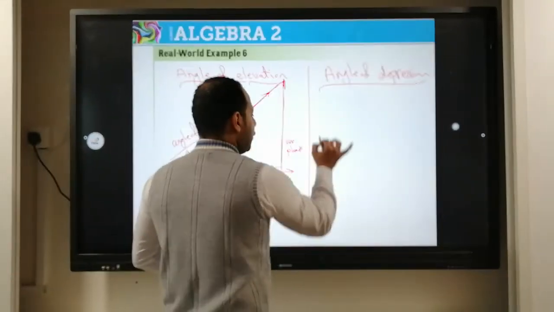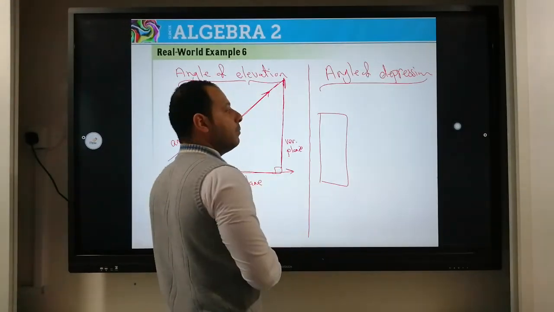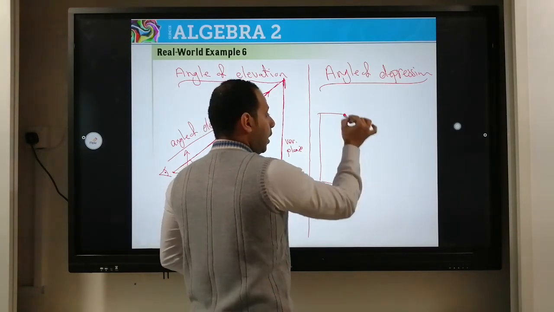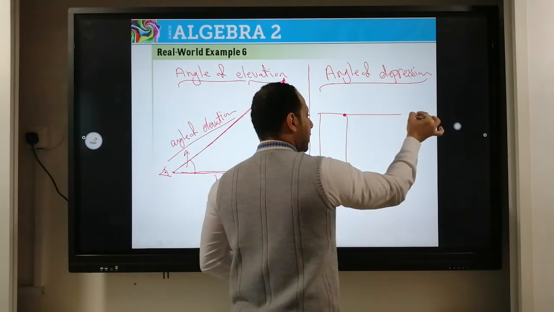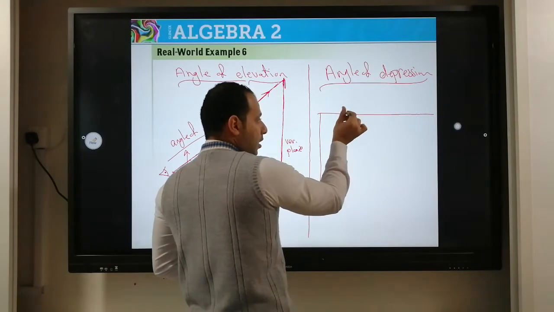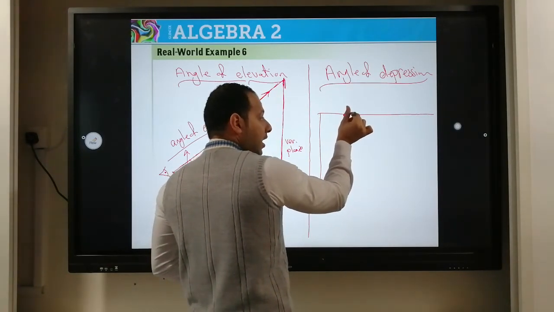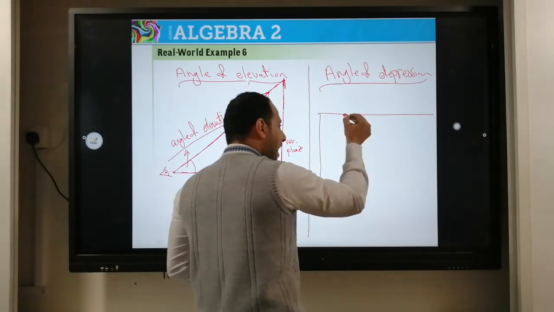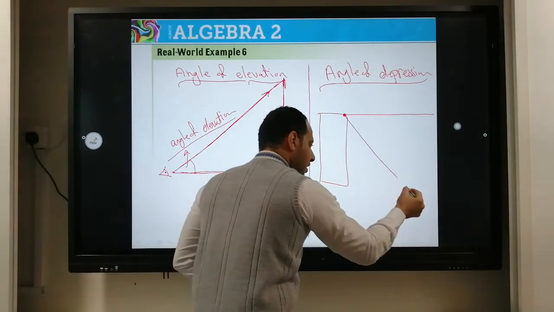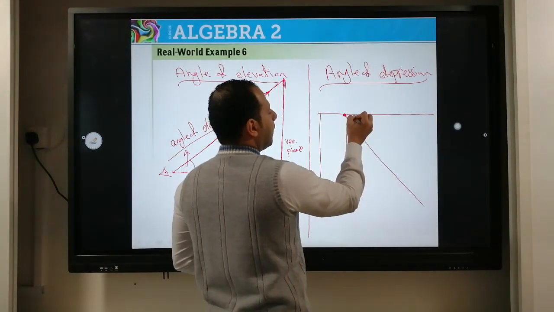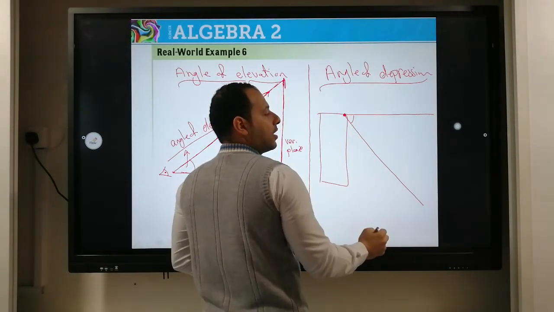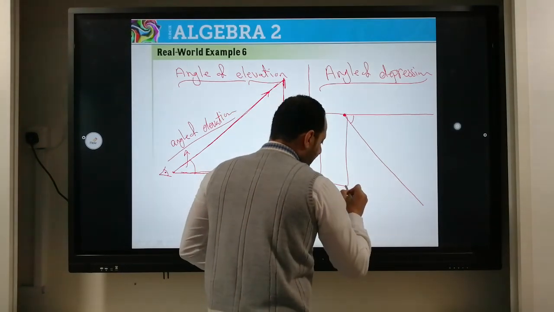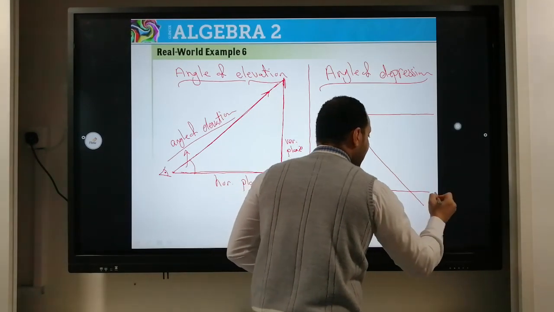So this is a building, for example, and we stand here and look down. This is my horizontal plane, and this is my line of sight going down. This is also a horizontal plane. What about